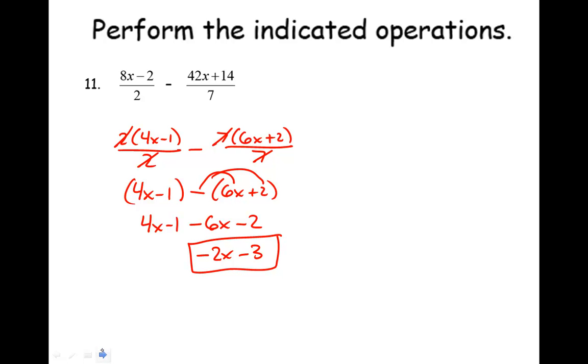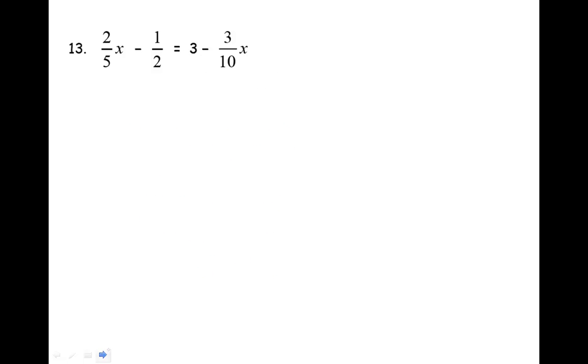You could also get a common denominator and add those up. You would still end up with a negative 2x minus 3. Number 13. What we have here is an equation with fractions, and because fractions are not preferable to work with,